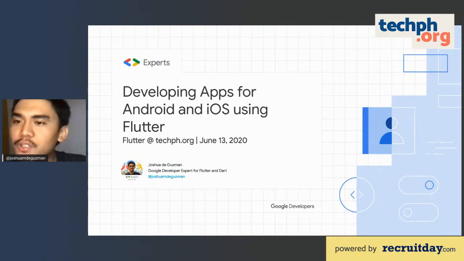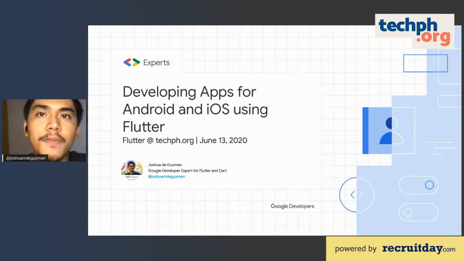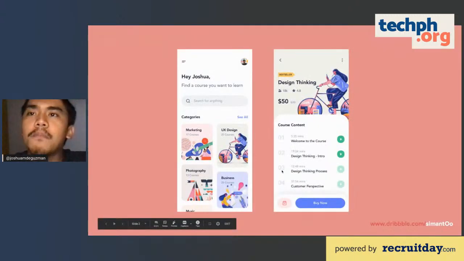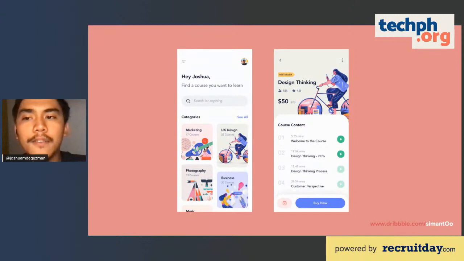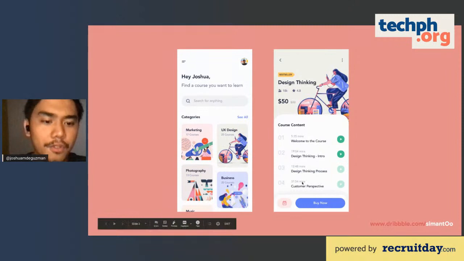But in this talk, I'll just try to make it not too complex, because we're just trying to learn the fundamentals of state management at the end of this talk. And yeah, this is the app that we're going to create. If you're interested in coding collaboratively with me later, I'll share the link to the assets and to the repo where you could start building this course application together as I share with you the slides.